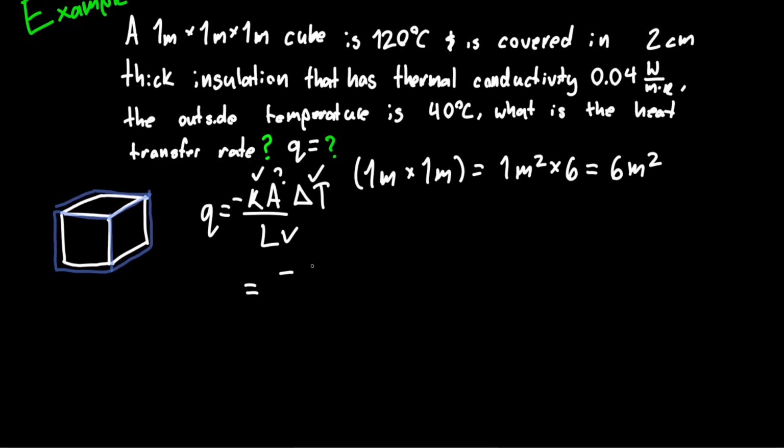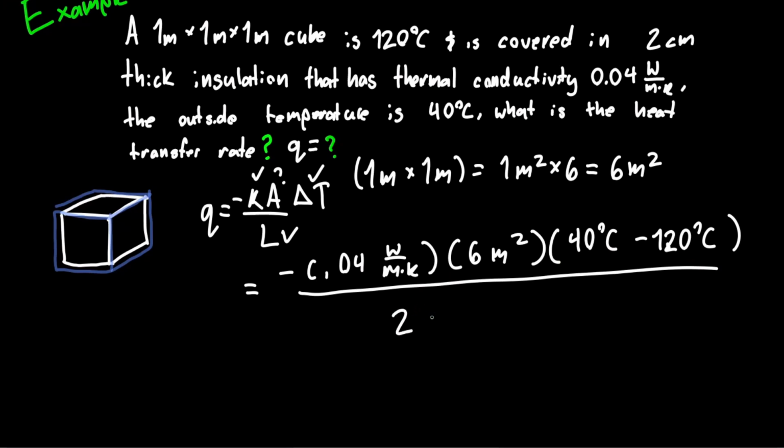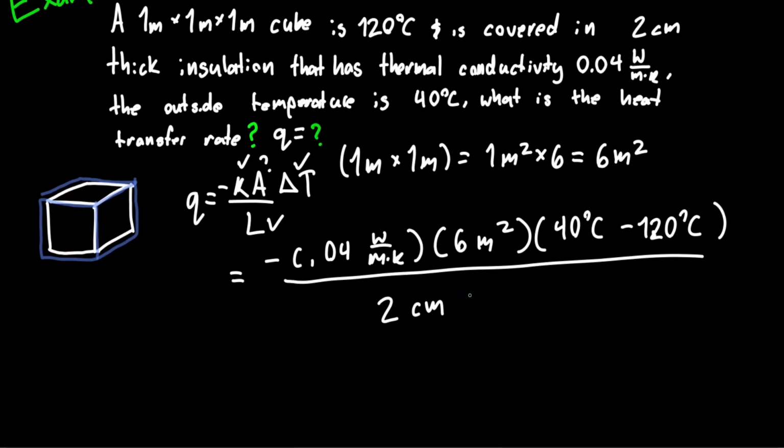We know that minus 0.04 watts per meter Kelvin, area 6 square meters, and the change in temperature, all over L, which is 2 centimeters, which is the thickness of the insulation. Right off the bat, you can notice that there is a unit mismatch. These are centimeters, these are meters. So let's just quickly